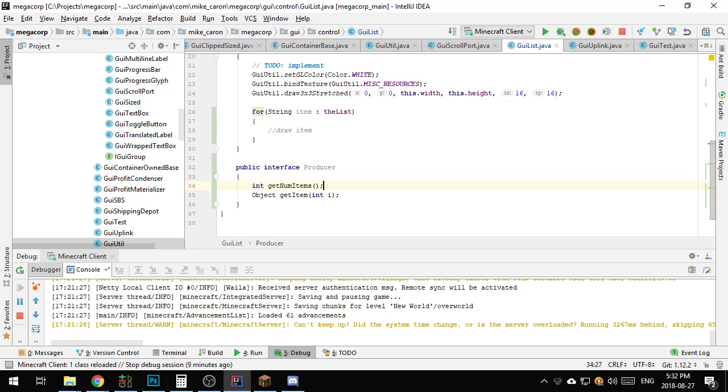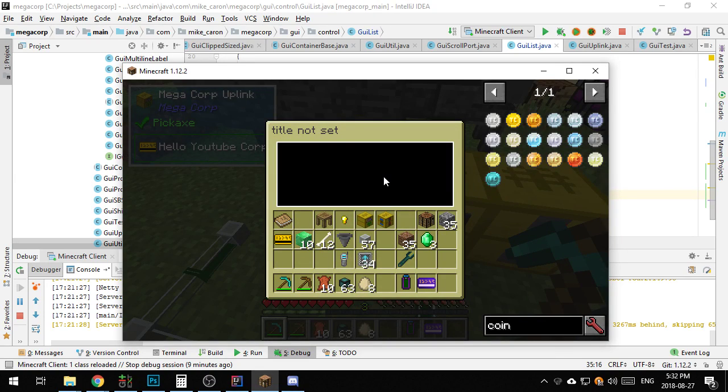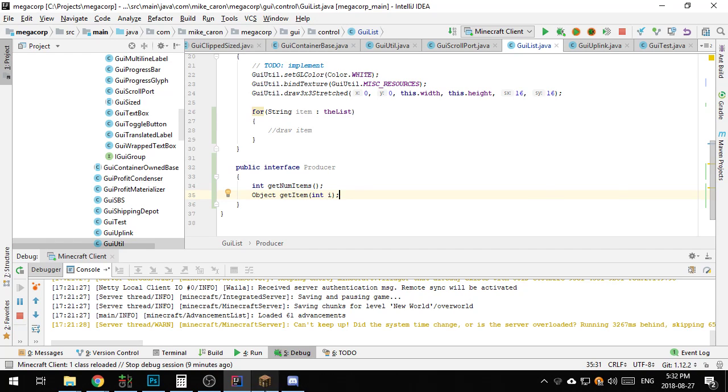Basically, what I want is the list. You will have to use this list. You have to feed it an object that implements producer. I expect that object, whatever it is, to be able to tell me how many items are in the list, and to produce an item in that list on demand. And what's going to happen is that, based on the size of the item and stuff like that, I'm going to know how many items I can actually fit into here. And I'm only going to draw the ones that are potentially visible, which might be one off screen here, and then a bunch in the middle, and then one maybe off screen at the bottom. And so that's not necessarily the top